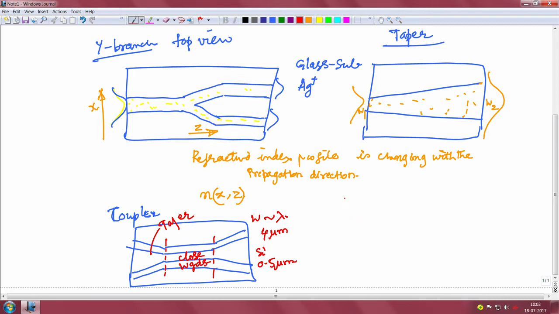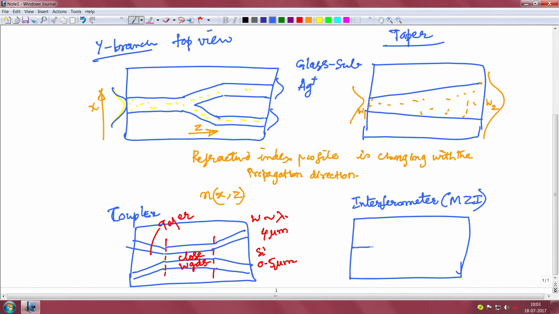And one more example of an important integrated optical device is the interferometer, the equivalent of the Mach-Zehnder interferometer on a waveguide. So, the structure looks like this. It has an input section, an output section and two arms, arm 1 and arm 2. Light is launched into the input section and the output is taken across this port, and the light is divided equally at this branch and is recombined at the